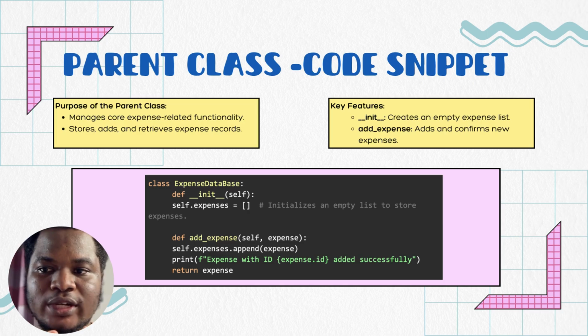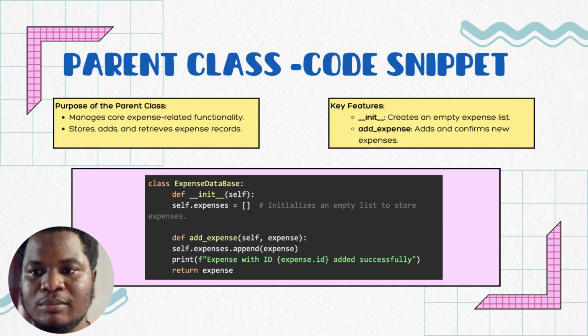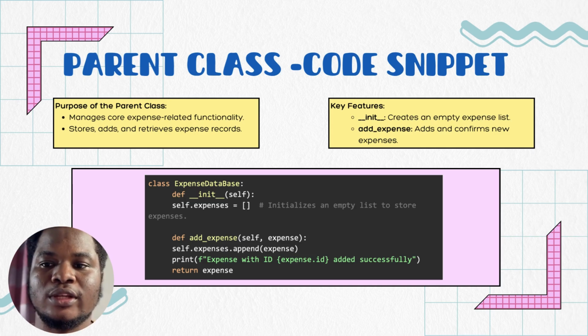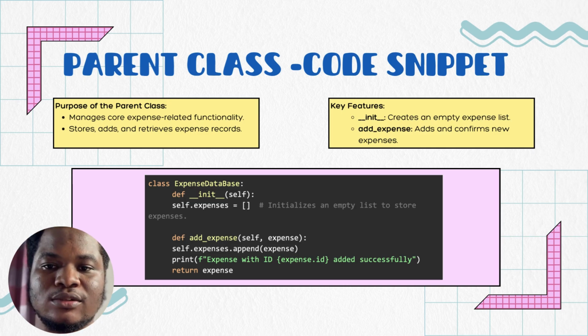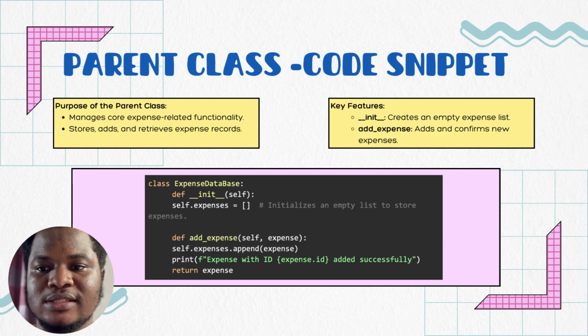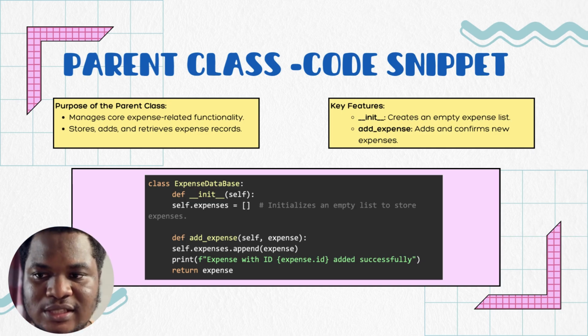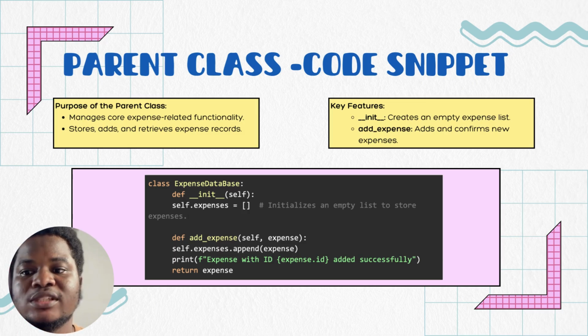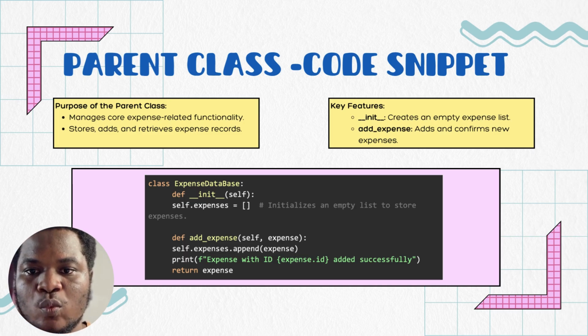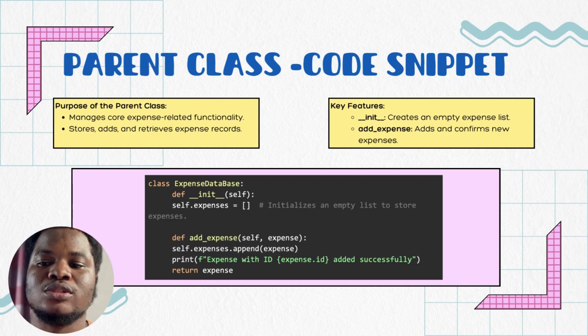It focuses on core data management by providing essential methods like __init__ for initializing the expense list, and add_expense for adding new expenses. __init__ initializes the expense list, while add_expense is for adding new expenses. This class is foundational as it provides the basic functionality that will be used and extended by the